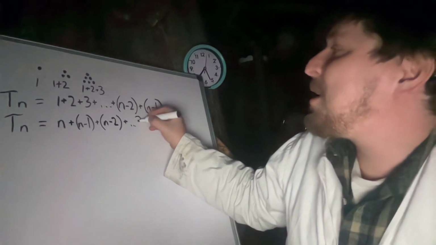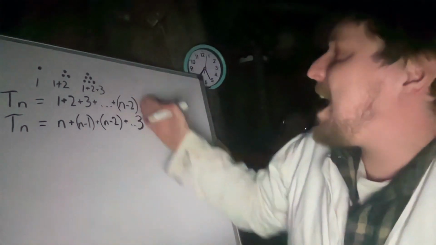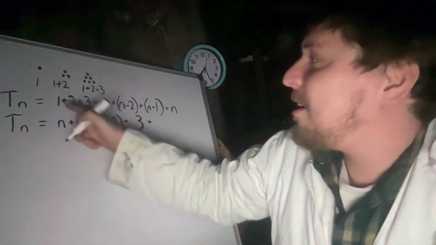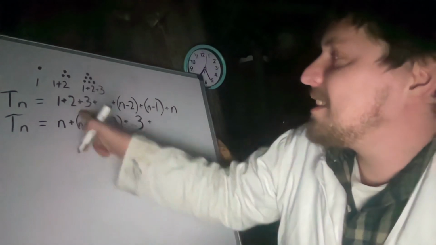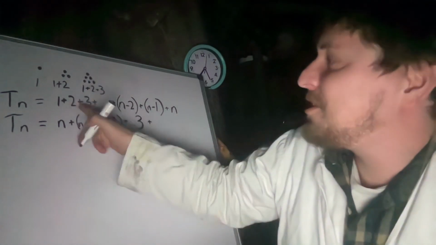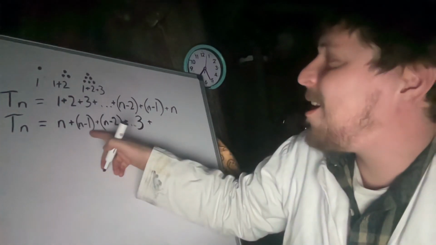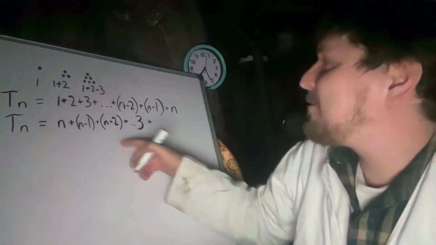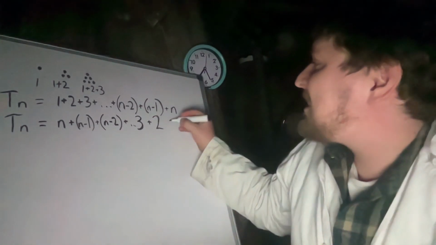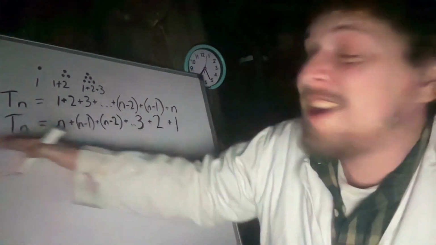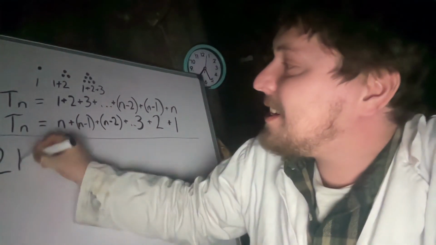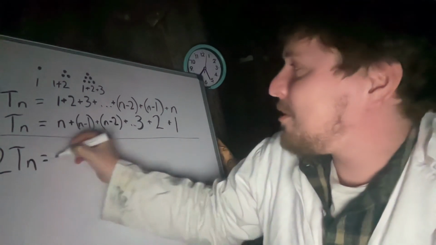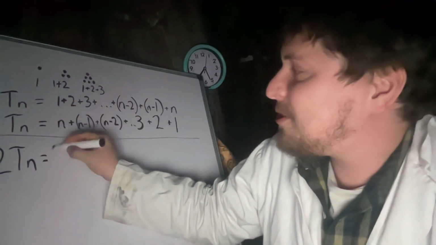I don't have them very well lined up, but we can still imagine them corresponding, where the first is corresponded with the first there, the second is corresponded to the second from top, and then the third from top. And if we then add up these 2 lines, what we end up getting is that twice Tn equals, here we have n plus 1,